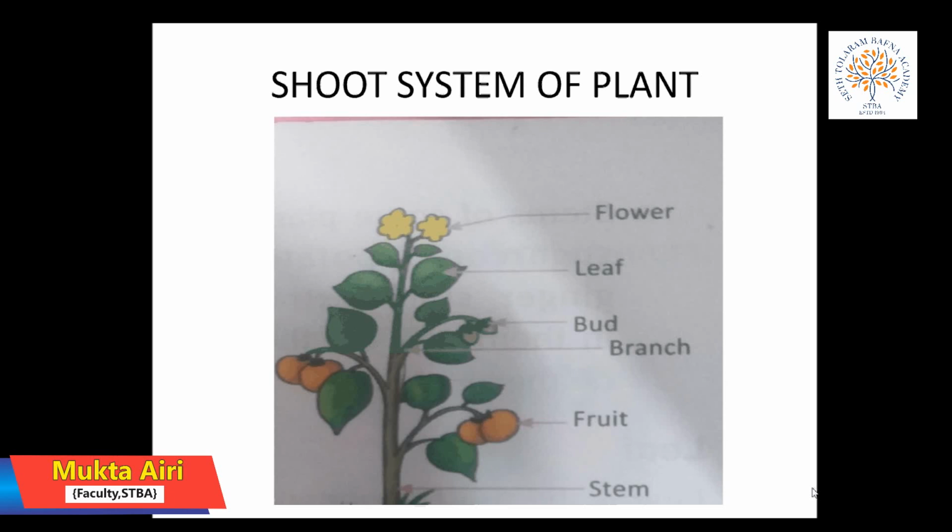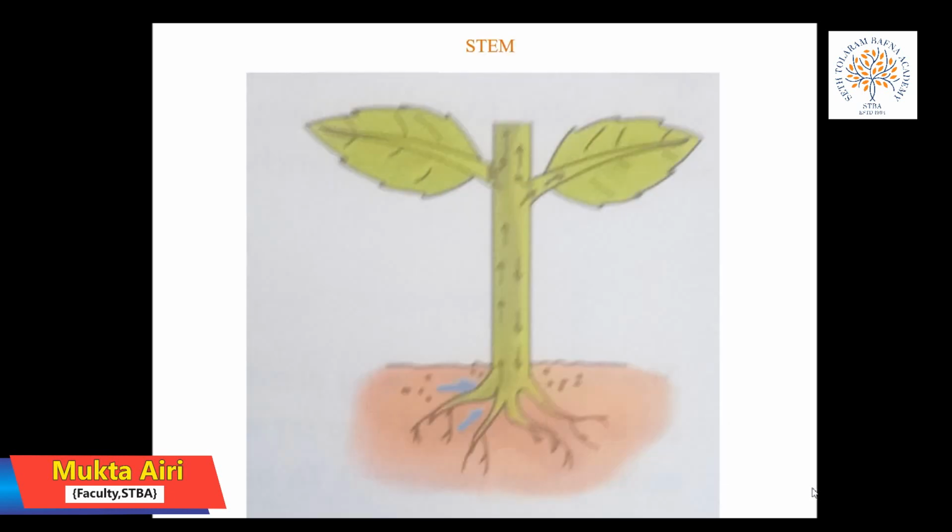The stem is the central and main axis of a plant body. All other parts of a shoot system like leaf, flower, buds and fruit arise from the stem. The stem remains soft and green in its earliest stage of development. It remains as such in herbs and shrubs and becomes woody later on. And in the tree, the stem becomes very thick, hard and woody.